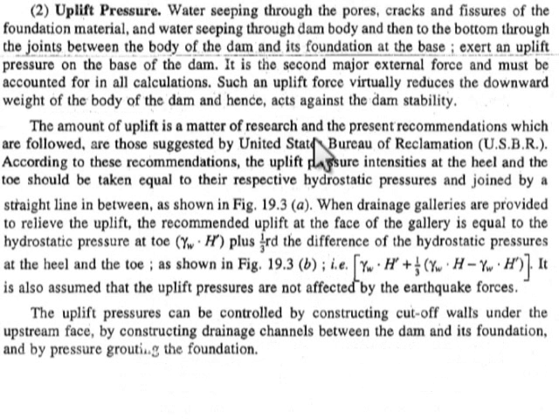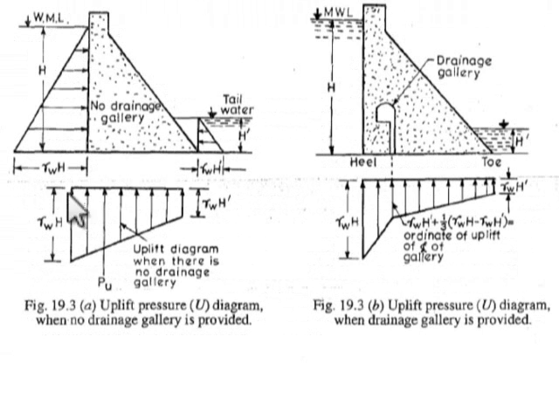Then the uplift pressure. What is uplift pressure? How do you calculate the uplift pressure? It is more or less the same as the water pressure. It is a type of water pressure only, but it is under the soil. Water entrapped by the soil causes this pressure. So this is the same head causing the flow. This gamma h, this h is on the upstream side, and it linearly decreases to gamma h prime, where h prime is the tailwater depth. So the area of this pressure diagram will give us the total uplift force.